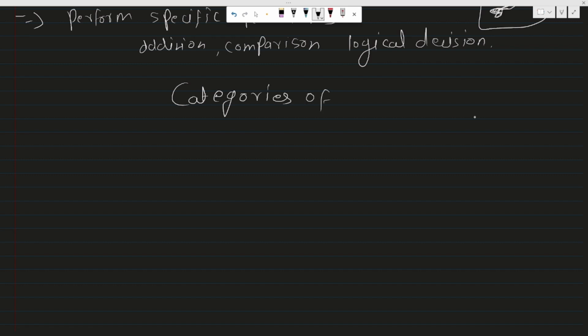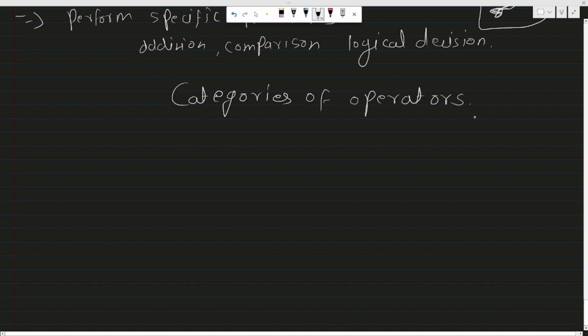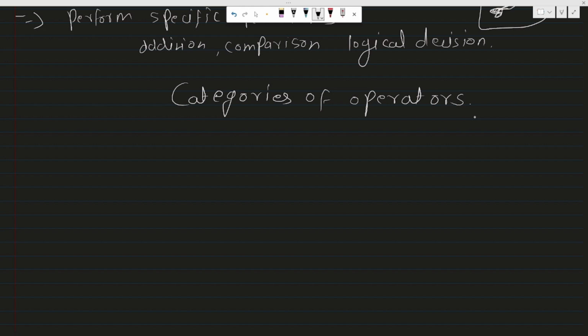Categories of operators. Here are the main categories of C++ operators. Okay, so I will write them one by one. The first one is arithmetic. It includes